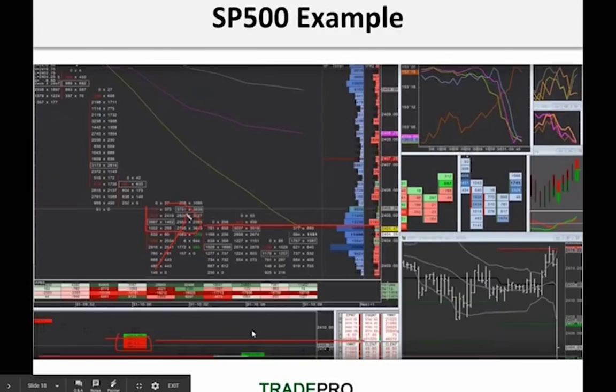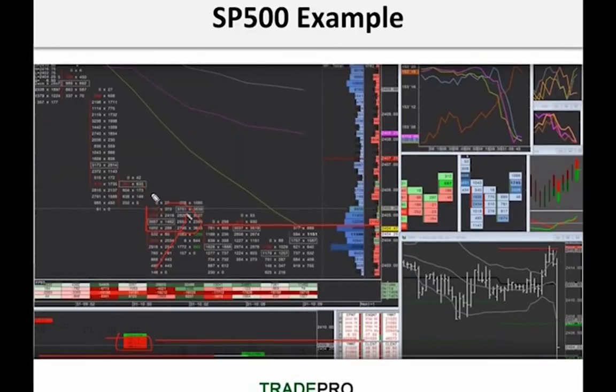Ditch the time chart. Here's an example of the S&P 500. This is a live trade that I kind of clipped. You see a little bit of short selling here, not a little bit, quite a bit. What's going on? Well, you see some buy imbalances show up, so some buyers are showing up here. You can see the shorts have started to slow down. You see this? It moves a little bit sideways.